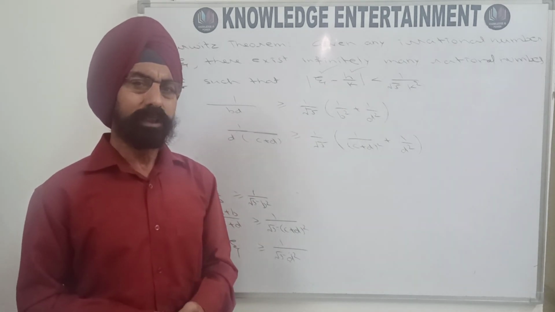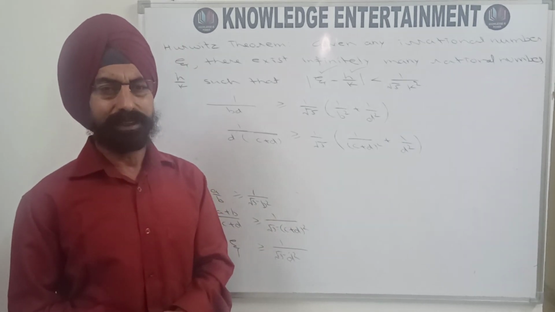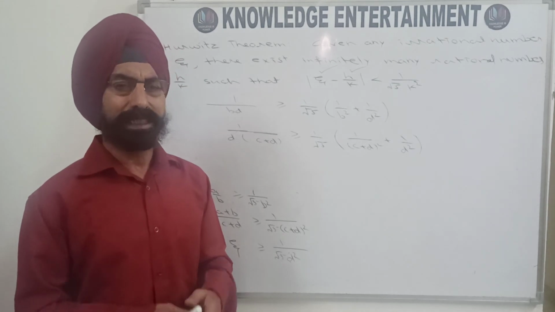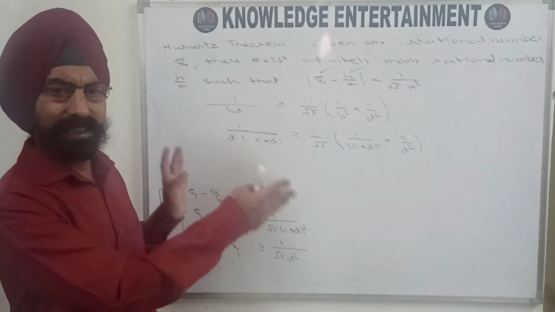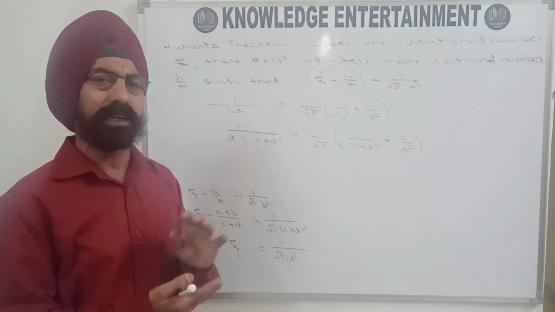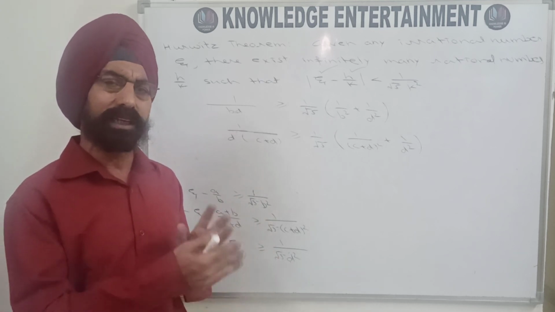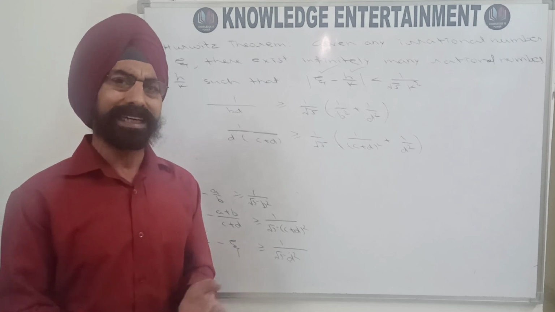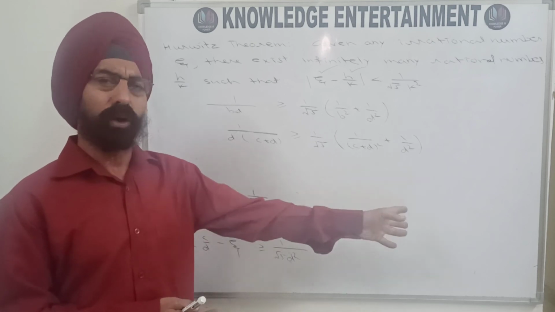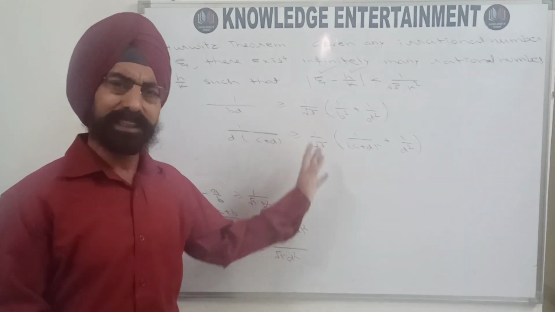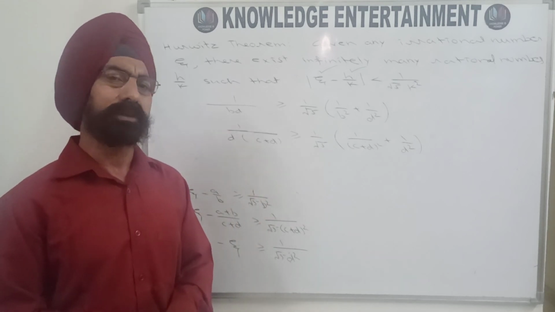And now to prove there are infinitely many, I have told you that the first theorem we proved today works on the same lines. Suppose, if possible, these rational numbers are finite, then they form a finite set, and from that finite set you take the smallest member, in which one number is rational and another is irrational, so it cannot be 0. You can take n sufficiently large such that 1 upon n plus 1 is less than that number, and so on. You can prove it on the same lines. You will once again get a contradiction, and it will show that such rational numbers are infinitely many.